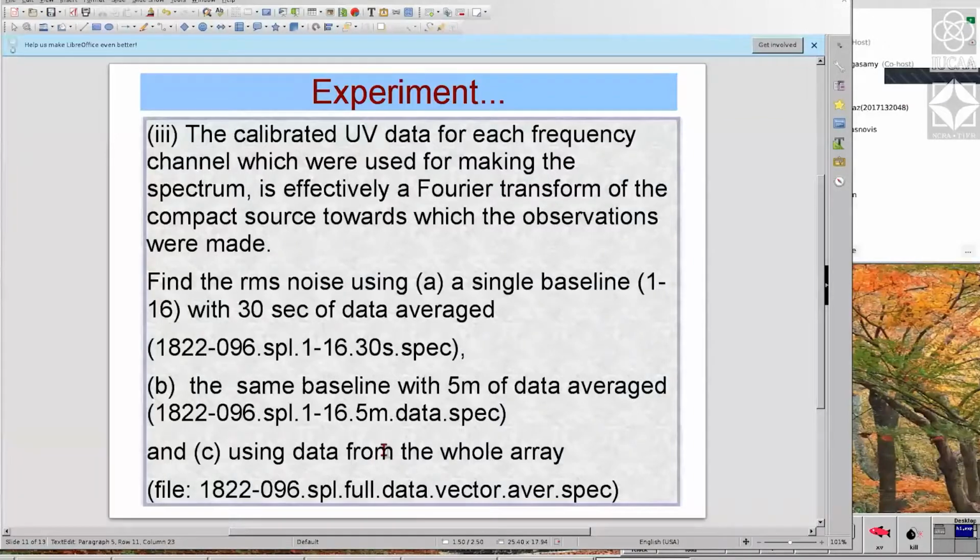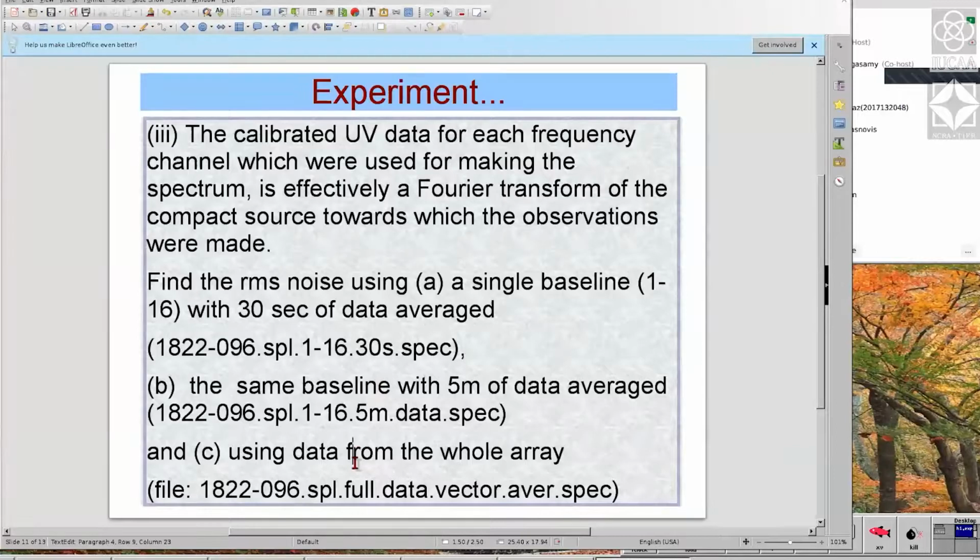Now what will happen is the whole array for GMRT has 30 antennas. It can be shown that 30 combination 2, which is 435, is the number of baselines you will have. When you are adding 435 baselines of data together, how will the RMS improve? It can be shown that it should improve as the square root of n, where n is the number of baselines. So for one baseline, which is shown above, with 30-second data in the time domain, when you average for 5 minutes, let's say the same data set, because 30 seconds is half a minute, so in 5 minutes you have almost 10 data points, you expect a factor of 3 improvement in RMS noise.